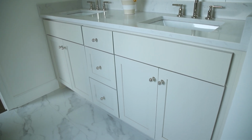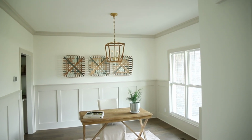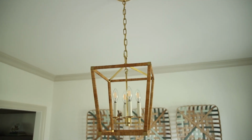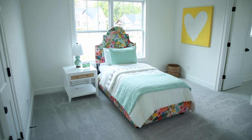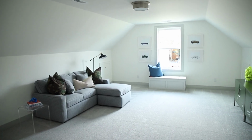Libby, for the homeowners out there that are going to Homearama because they want to redesign different spaces in their home, or maybe they want to build a custom home, what should they think about when they're going through all the different homes this year? When people are touring through the homes, it's important to look at how they feel in a space, the use of space and how it functions, the use of color and details, and adding pops of color with accessories